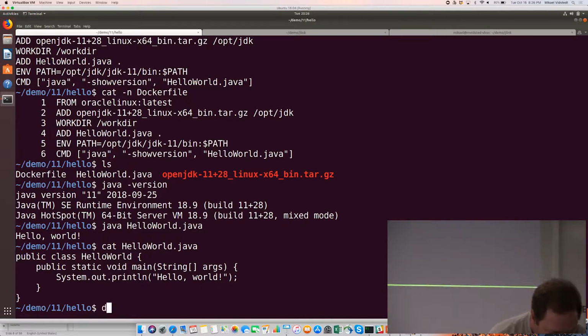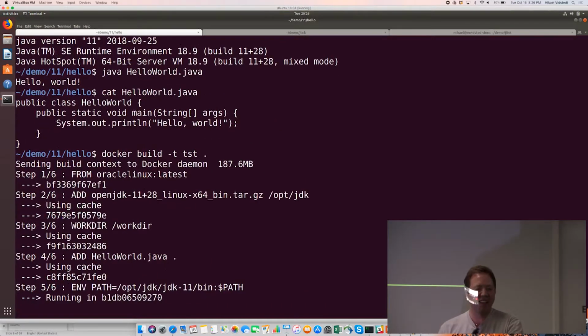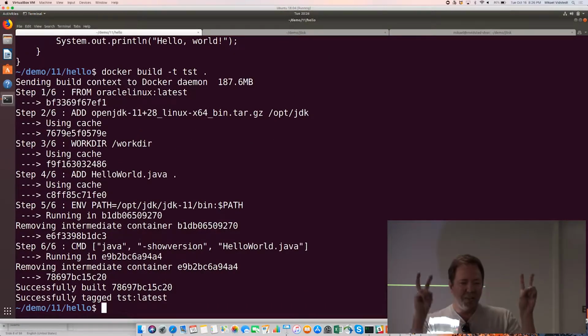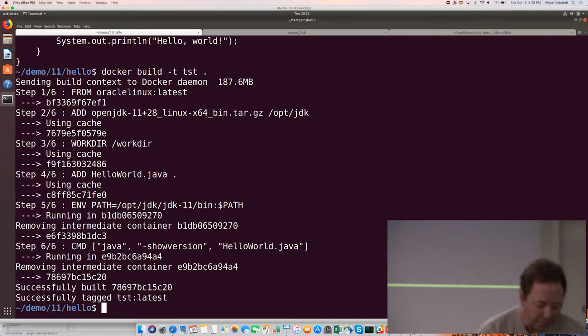So, okay, let's go ahead and actually build this thing. I'm going to say docker build, and I'm going to call the tag of the image that is created test. This is now something you can do ahead of time, minutes before you deploy, hours before you deploy, years before you deploy. It's baked in, it's there, it's ready to go. It's a file on disk, and it describes what should happen when I actually run this later.